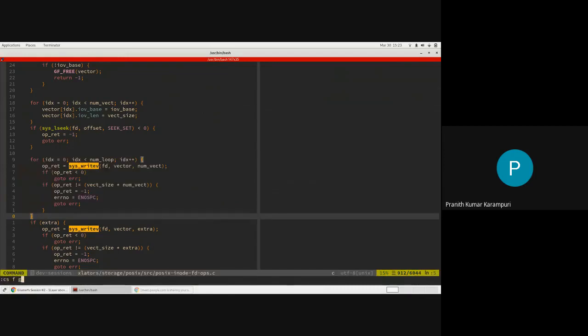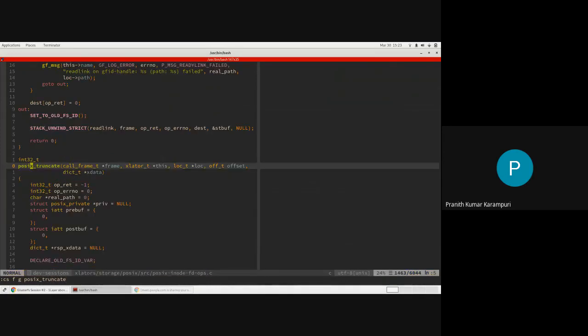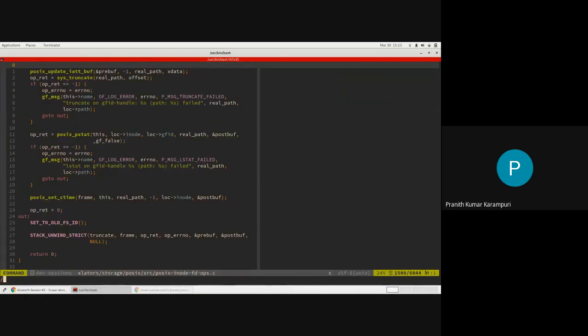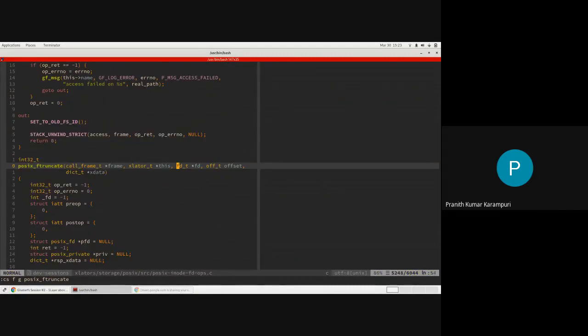You can do, let's say, POSIX truncate. If you do a truncate, it's the same thing again. You get a LOC, you get an offset, and it will essentially do a sys_truncate. You can also see POSIX ftruncate.